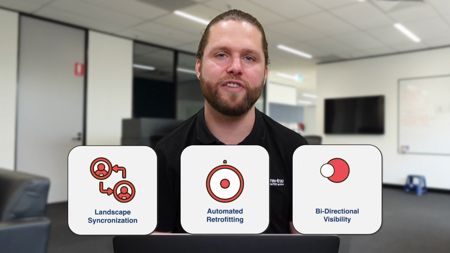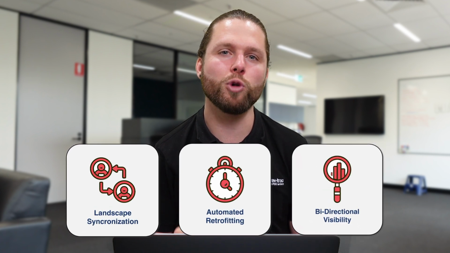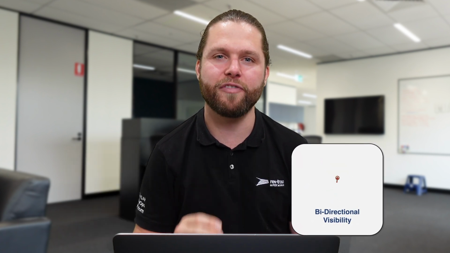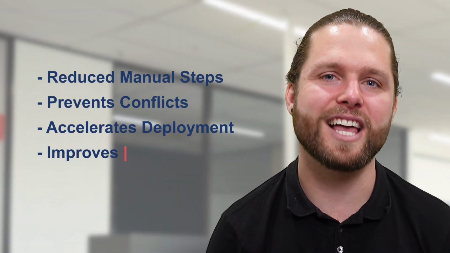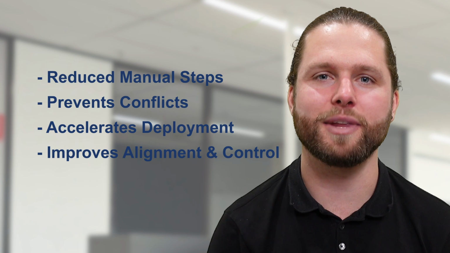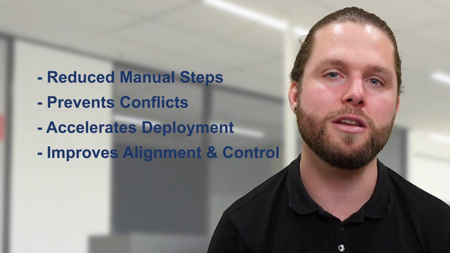Rev-Trac's automated retrofitting capabilities and integration with SAP Cloud ALM streamlines the synchronization and traceability of change across support and project landscapes. By automating the cloning and retrofitting of changes and enabling full bi-directional visibility in the Cloud ALM feature, Rev-Trac ensures that changes across SAP environments are fully compliant and easily traceable. This capability reduces manual steps, prevents conflicts, and accelerates synchronized deployment, enabling teams to maintain control and alignment between support